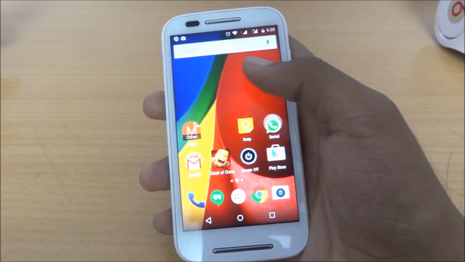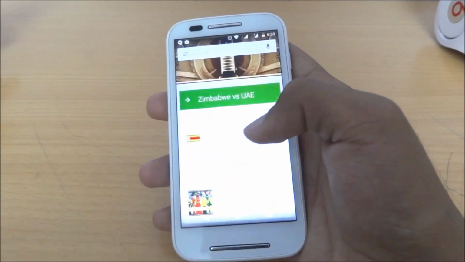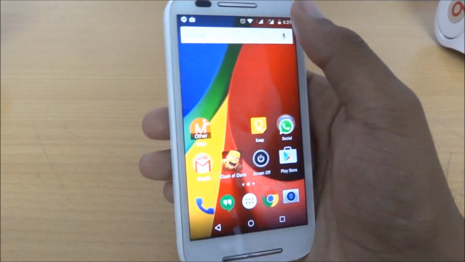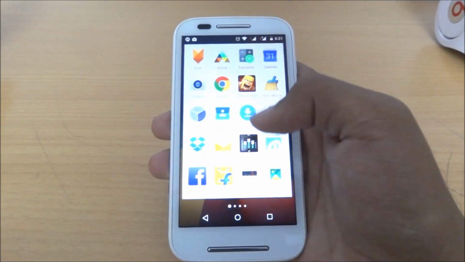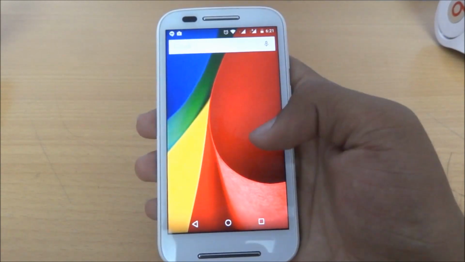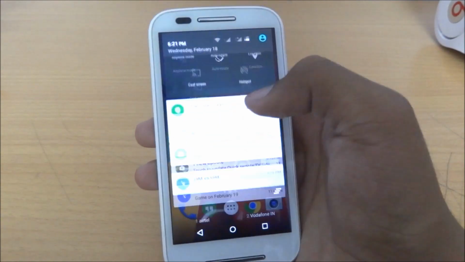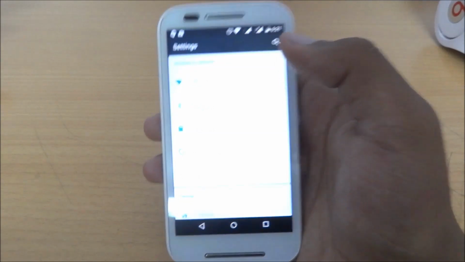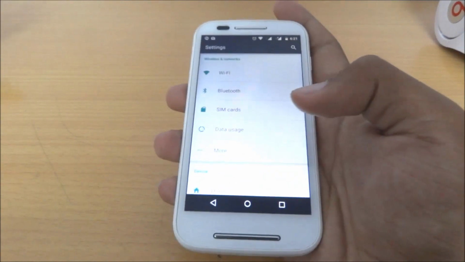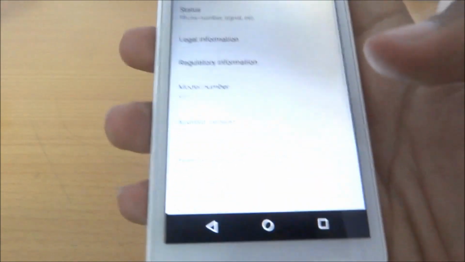This is the status bar, and you don't get the Google Now launcher built in. You have to download it. Actually, when you get Lollipop on the Moto E, it's going to be the stock Moto E, just that the buttons down below will change, the notification will change, this thing won't change. The app drawer animation will be the same, and the recent apps, sorry, they're going to change, and the settings here will change. Motorola has made very good improvements on battery life and many other things. So as you can see here, it's the